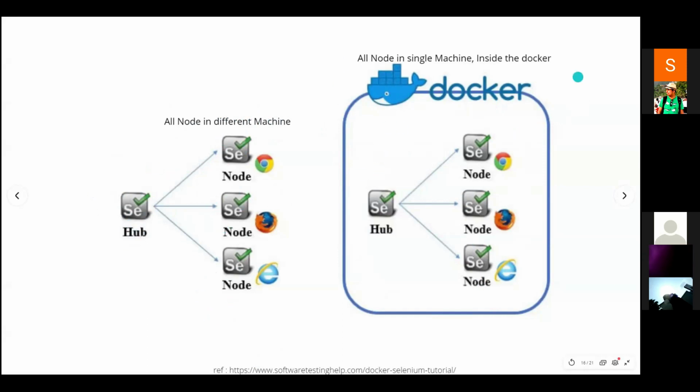But in the case of Docker, it's a single machine. I have created 4 containers with different configurations and connected them with the node and hub. If I wanted to add more containers with a different version, I can add them. I just need to write a different Dockerfile, create an image from it, and then I can run the container from it. So by that way, we can easily do that.